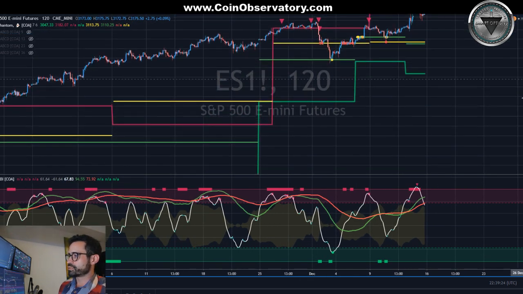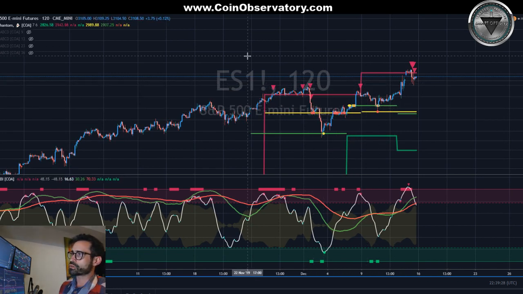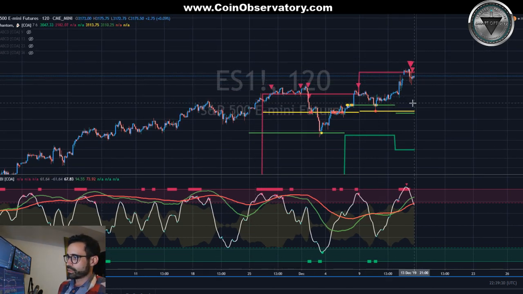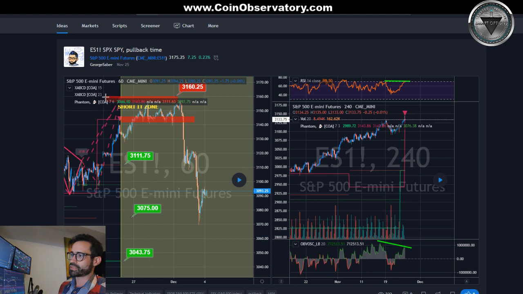So it's really done well on Phantom's 2-hour chart, like the 120. And we did have an early sell, and now we're going to see what happens here. And if we use our scanner, there's a D.618 that's going to finish at 31.16. So if that reminds me of anything, it reminds me of